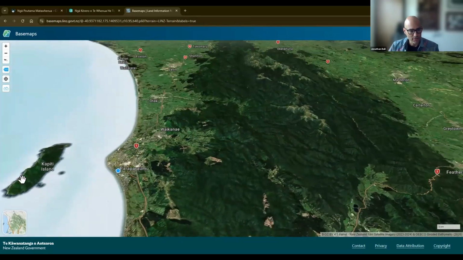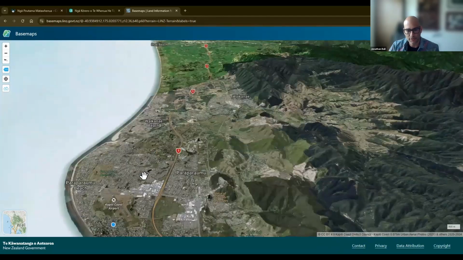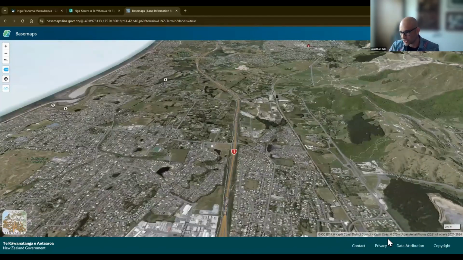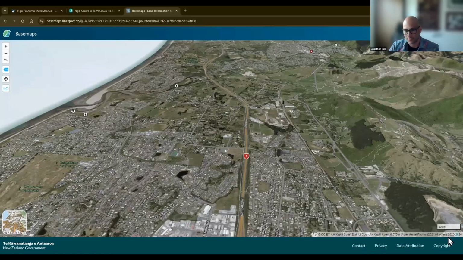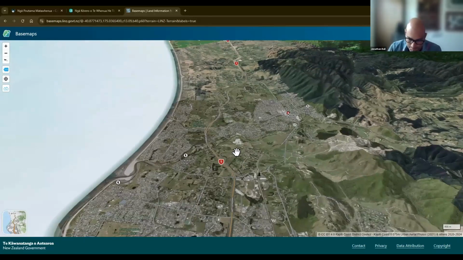All right, so what is next? Down here, you'll see attribution. The map we're looking at brings together all sorts of different data sources. This attribution bar is a great way of telling what you're actually looking at. Like right now, we're looking at satellite imagery. But if I zoom in on Kapiti a little bit, we're switching to some urban imagery provided by Kapiti Coast District Council. And we can also see the date that it was captured, which is all useful stuff if you're trying to tell a story with the data.